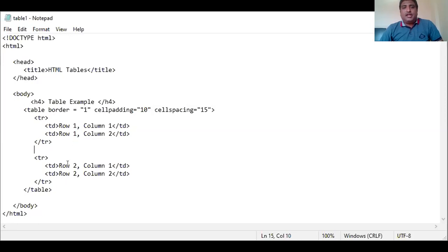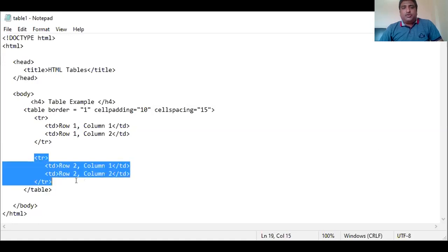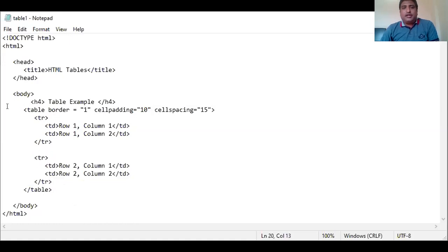In the next row, we again create two columns with row 2, column 1 and row 2, column 2. And we close the table tag.